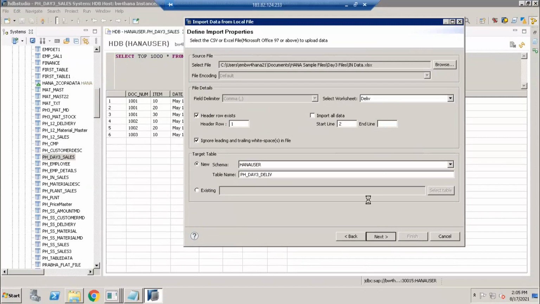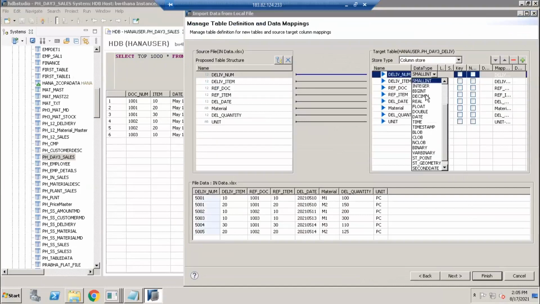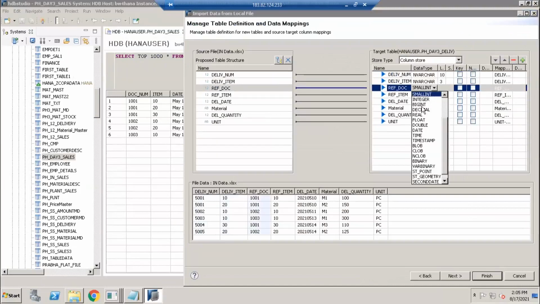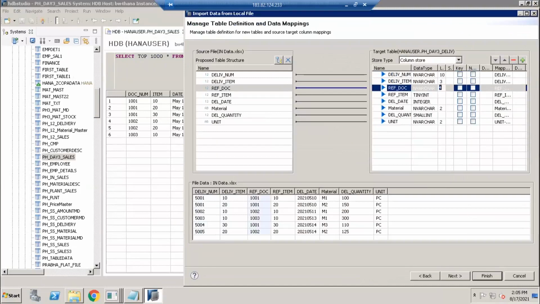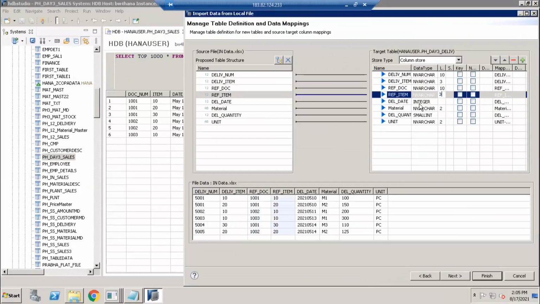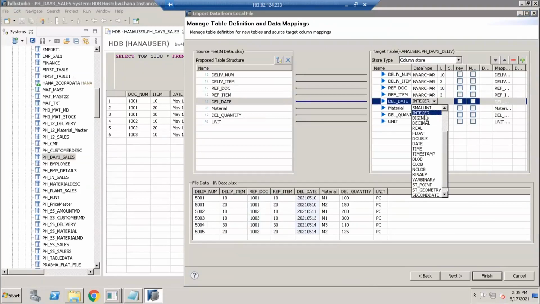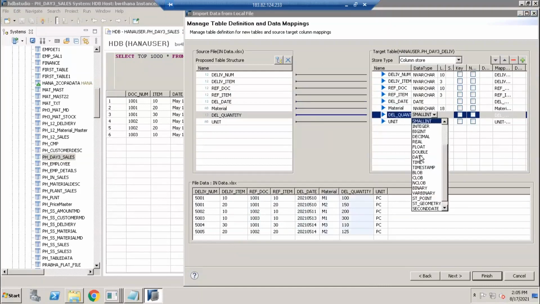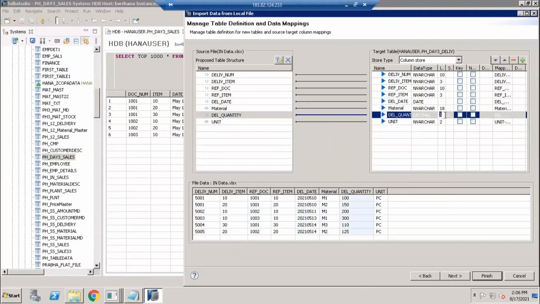Okay, click on next. Similarly, now I want to change again: delivery number is NVARCHAR of length 10, delivery item also NVARCHAR of length 3, reference document number also NVARCHAR of length 10, and the reference item NVARCHAR 3, delivery date of type date, material NVARCHAR of length 18, delivery quantity is of type decimal with length 17 and 3 decimals, unit NVARCHAR 3.